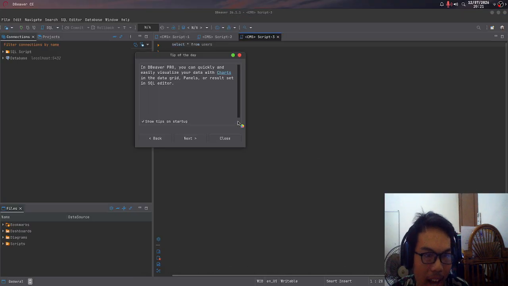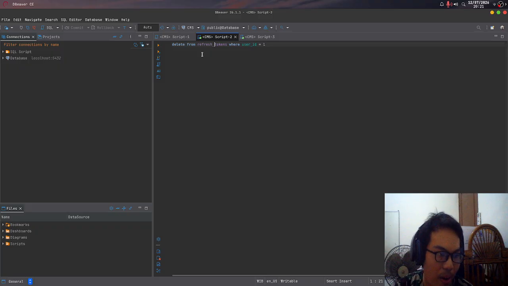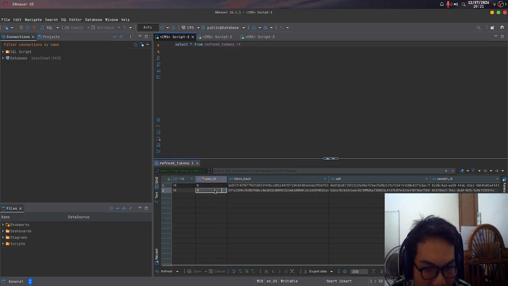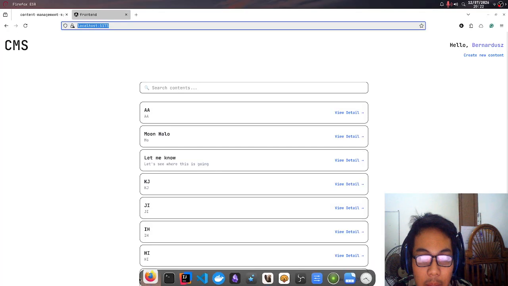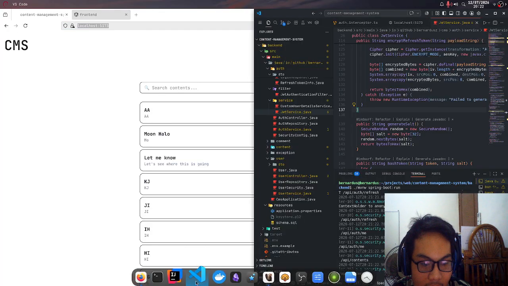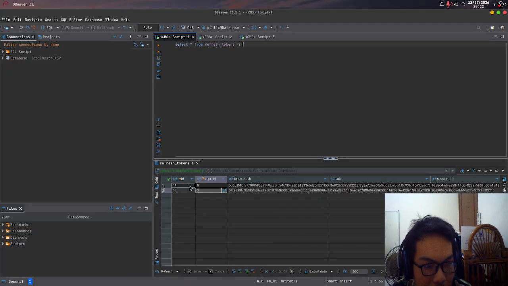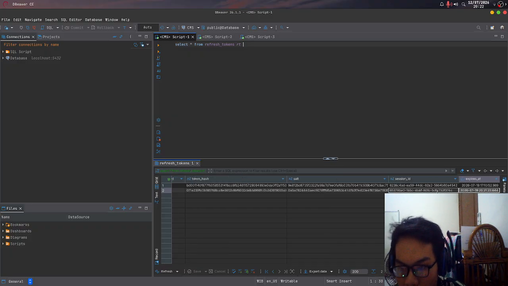So because the access token is only valid for 15 minutes, that means our refresh token endpoints are automatically valid. So let's check. Okay, these two are different user ID. I'm logging in as user ID 3, which as you can see, select from user, is Bernardus. So we have 3 right here, user ID. It is on the bottom, which means that this is a new refresh token, and when we go to the right, it expires at